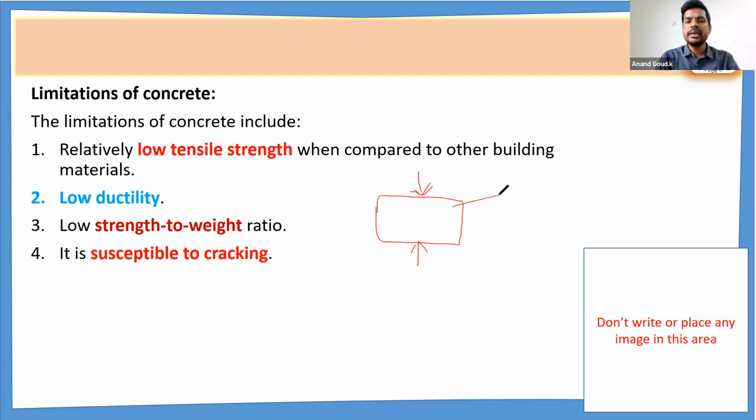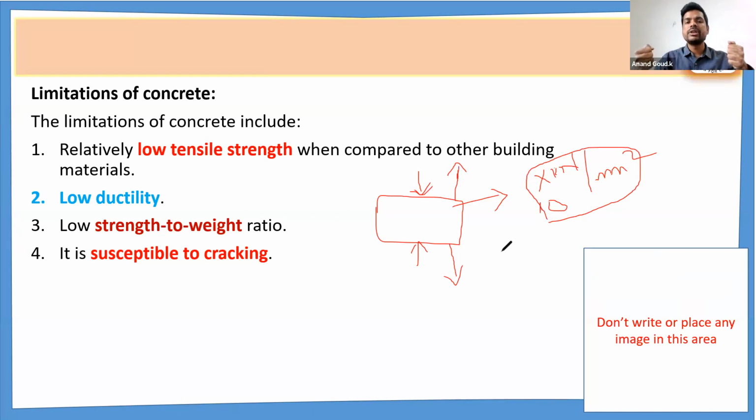Okay, suppose say it has been bearing, resisting the load up to some x Newton per mm square. So say this x value is 10 Newton per mm square, or else 10 kilonewton per mm square, like that. So this is compressive strength. Then here, if you apply tensile load like this, it cannot bear this much amount of loads. So the tensile strength will be somewhat less. That means the resistance to tensile loads will be less for concrete compared to other materials.